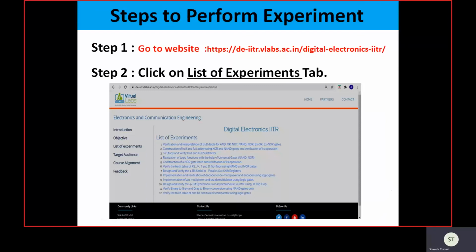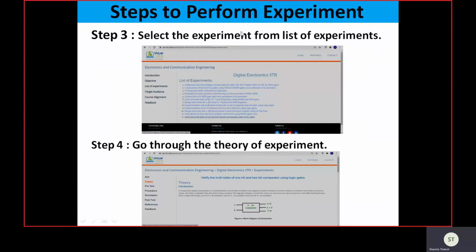So what are the steps to perform the experiment? First of all, we need to go to the website. This is a website which we have to visit. Then there we have the list of experiments displayed on the screen, and after that we select the experiment from